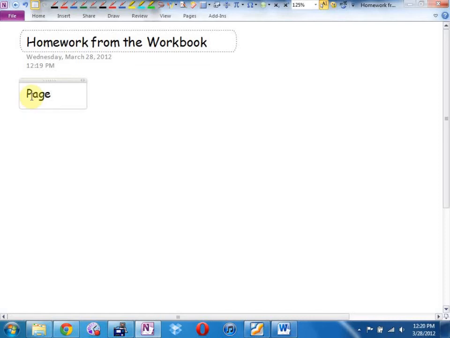Page 191. This is the practice test at the end of the unit. Number 2, 3. Mr. Dueck, why don't you go 2 through 5, comma 7 through